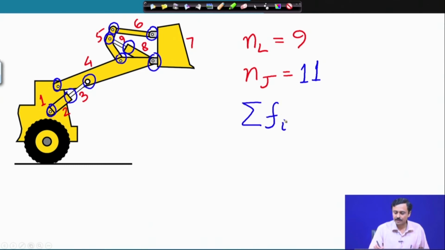And summation of degree of freedom of each joint. As you have seen, they are all hinges, either revolute pairs or prismatic pairs. So, summation of degrees of freedom of individual kinematic pairs is also 11. So, therefore, degree of freedom, this is a planar mechanism,